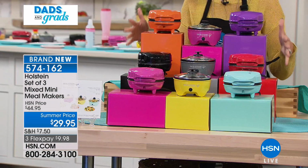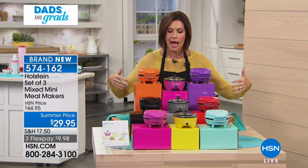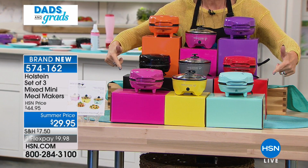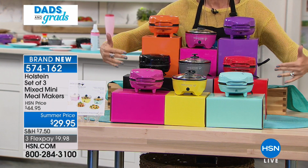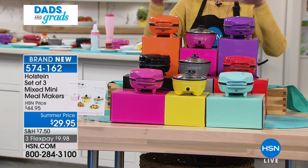All three of these are included. Three different gorgeous, fun, colorful boxes. I'm gonna give you three color choices. You can either choose the brights that are down in front. We have the basics if you just want something a little bit more classic. And then we have all your jewel tones right up through. Three of them,